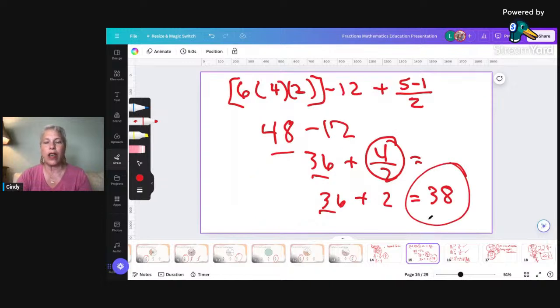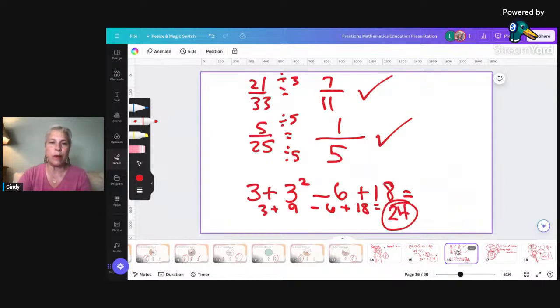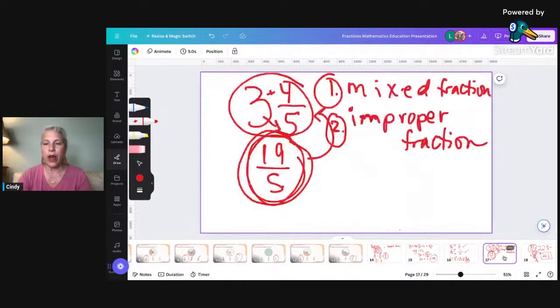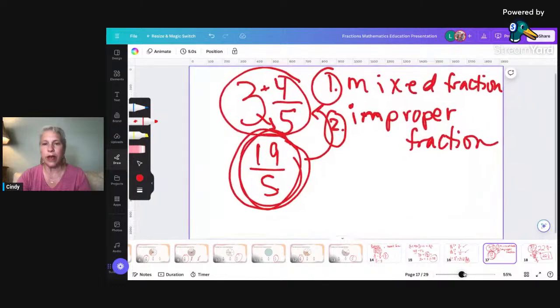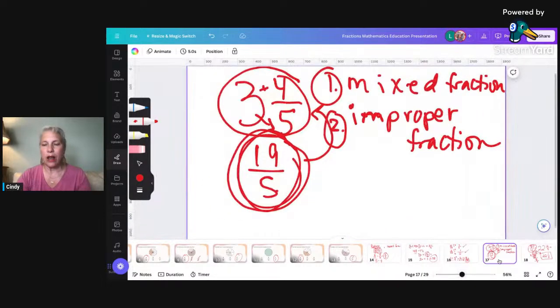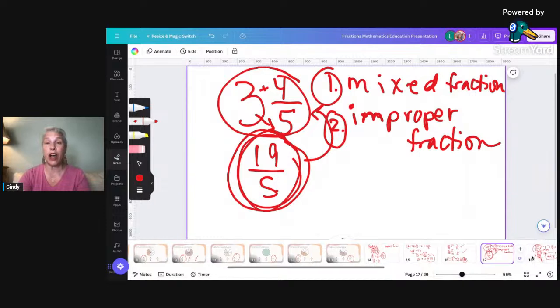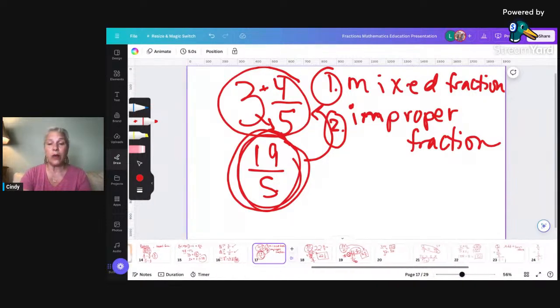This was a problem that we practiced for order of operations. Then we went back to fractions again, and we talked about reducing fractions. And then we talked about, you can make that bigger. We talked about what is a mixed fraction, what is an improper fraction. And as you can see, I'm kind of working on